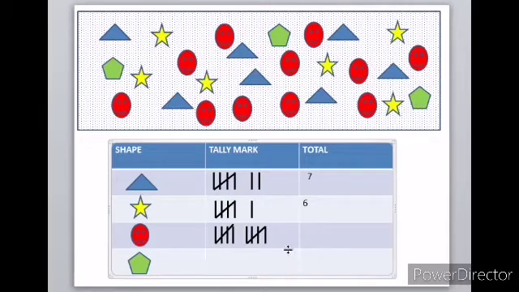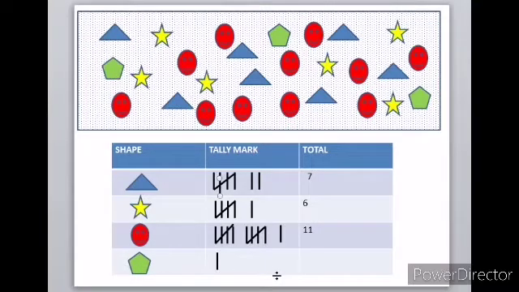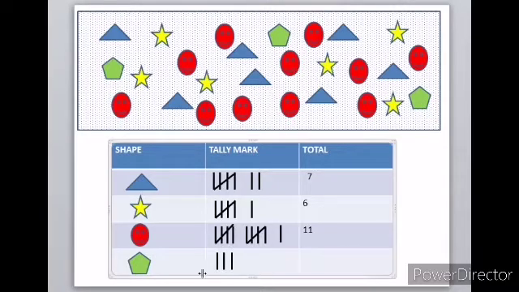So now how many sets are over? 2 sets of 5 are over. 1 five, 2 fives. 2 sets are over, 10. And then for the last smiley face, you leave one gap and just put one tally mark. So totally 11. Now see the pentagons, how many do we have? 1 pentagon, 1 tally mark, 2 pentagons, 2 tally marks, and 3 tally marks. Only 3 pentagons we have, so 3. So this is how you draw tally marks and count the numbers.